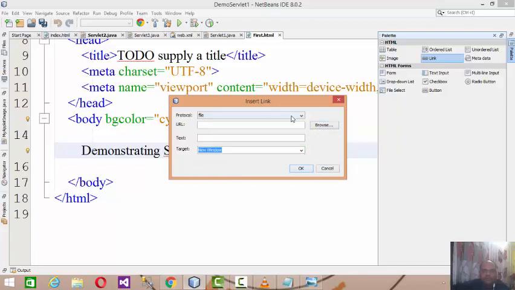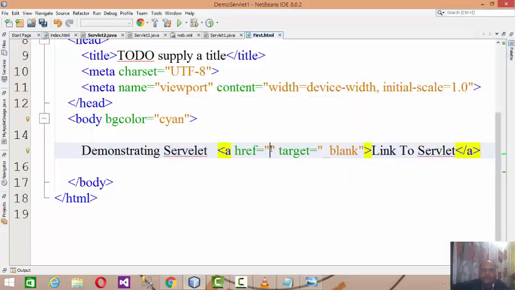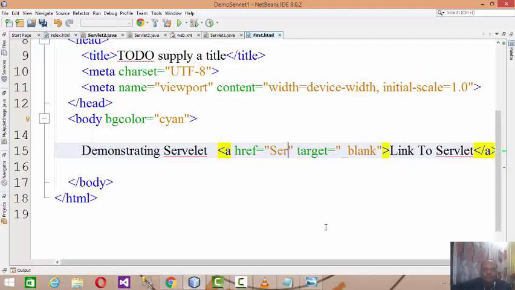The text I will be writing is "link to servlet". And in the href, I specify the name of servlet 2.